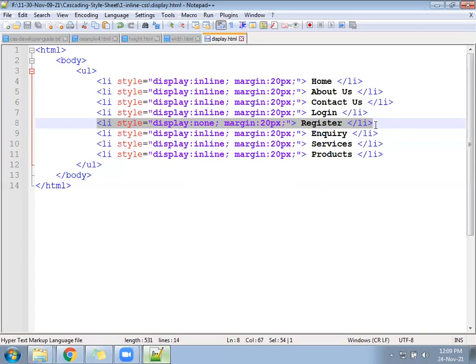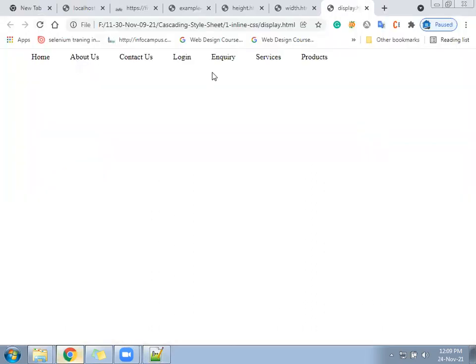Display none for register, register will get hidden. Go on, register.